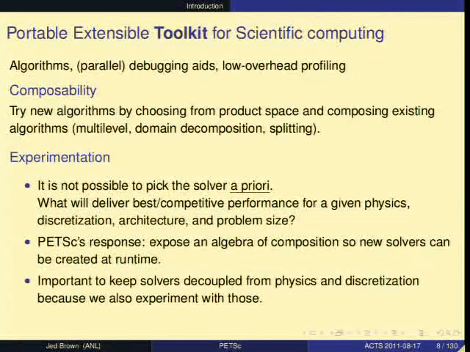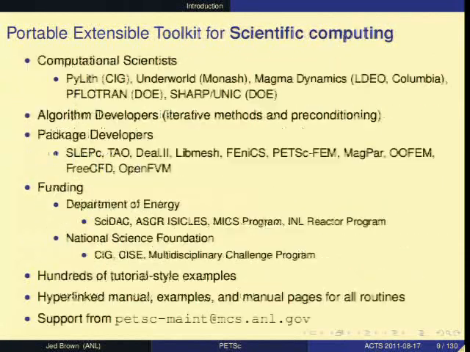And so you can configure very elaborate solvers on the command line. And we try to keep this decoupled from physics and discretization. Many times when algorithms are first introduced, they're very tied to a certain discretization, and so we try hard to break that.